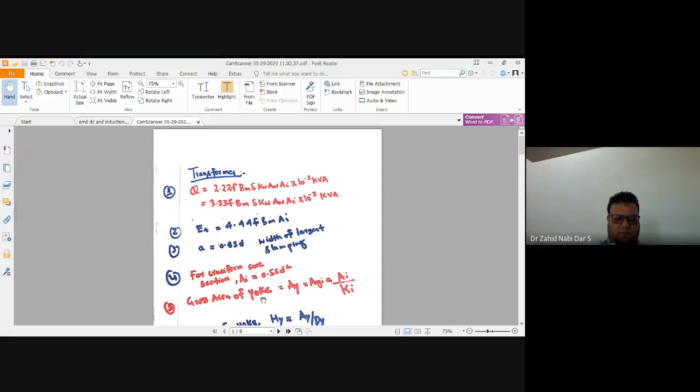The difference between a very good student, an ordinary student, and a poor student is that a very good student practices the output. He sees whether whatever he is studying, he can recollect it and put it to paper. Once he is able to put it to paper, his confidence level goes up. For example, you have seen the formula Q is equal to 2.22 f Bm rho Kw Aw Ai in 10 power minus 3.